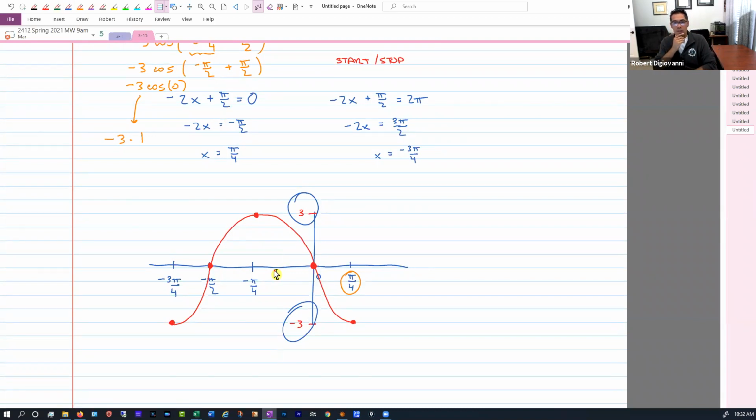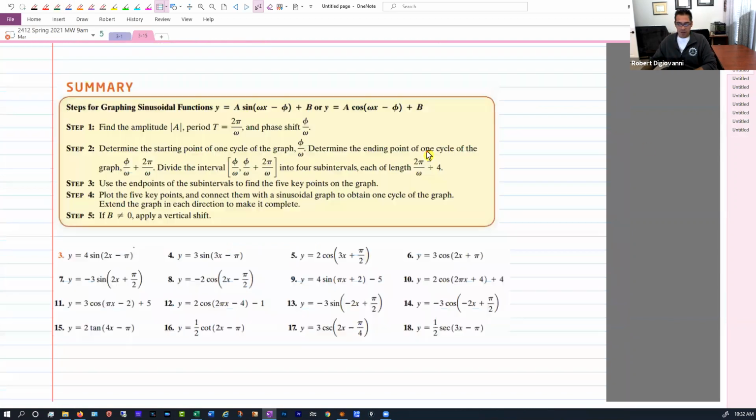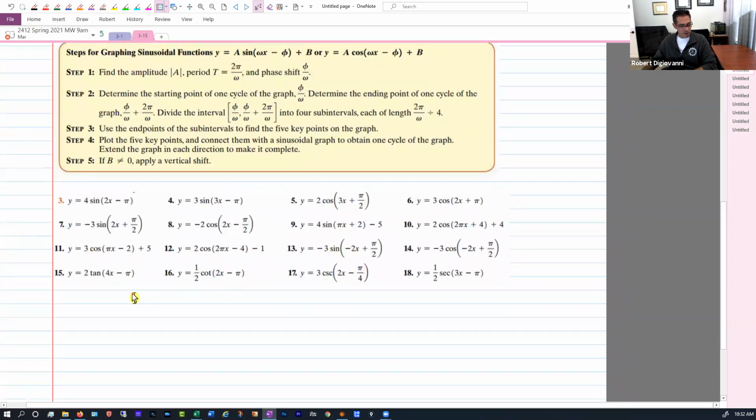Let's do one more, because I feel like this can be somewhat confusing. Well, there's no more here that have a negative in both, but I'll just make one up. Okay, let's do this one. Yeah, because we don't have enough time to get into the next section. Let's say we do y equals, let's go -2. You want to do a sine or a cosine? Let's do cosine. Or do y'all want to do a secant? Let's do a secant. How about that? Secant. Let's go